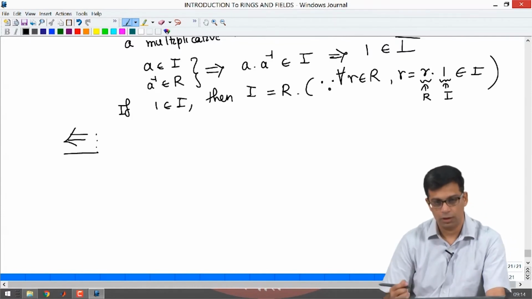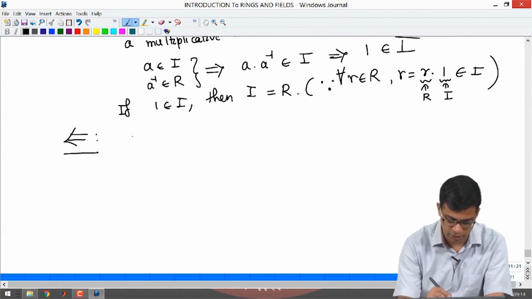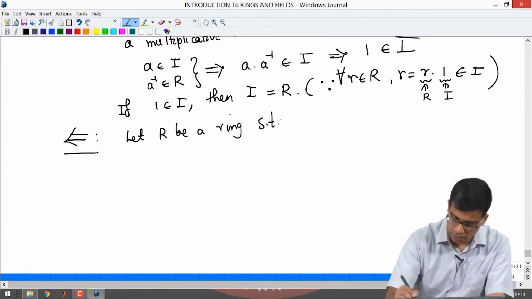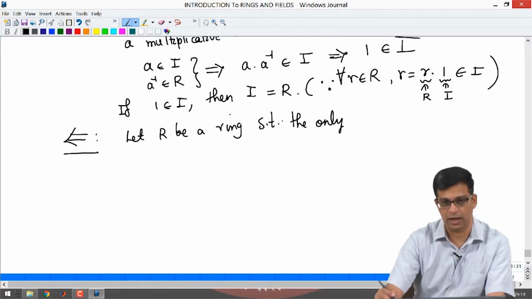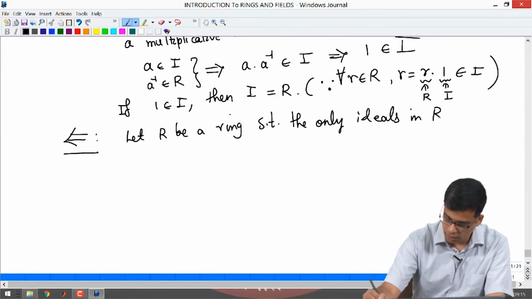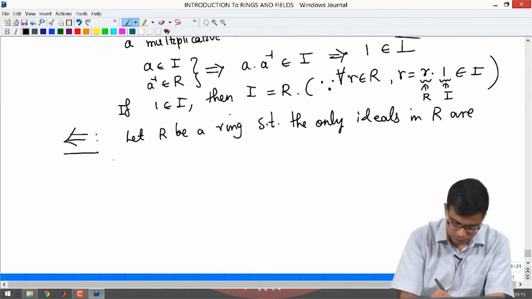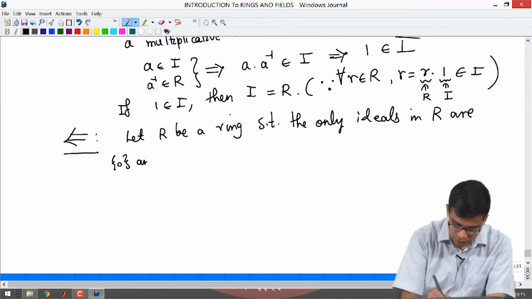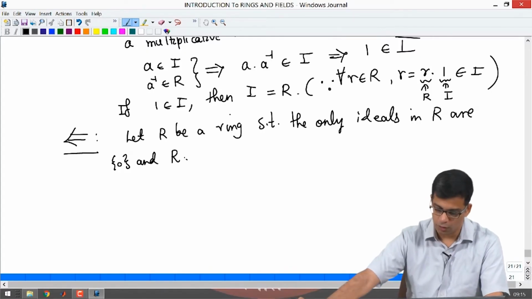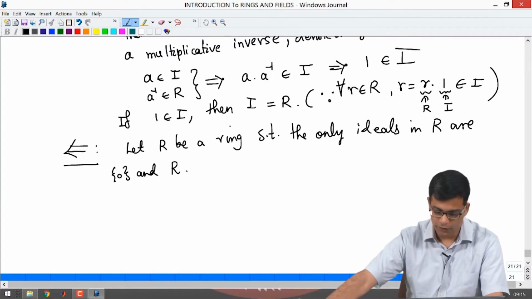Now, let us suppose that R is a ring such that the only ideals in R are 0 and R. Okay. So, let us now take this. The only ideals in R are 0 and R. If this happens,